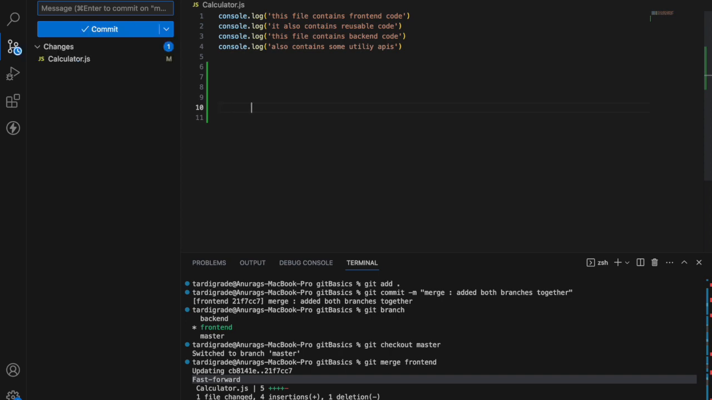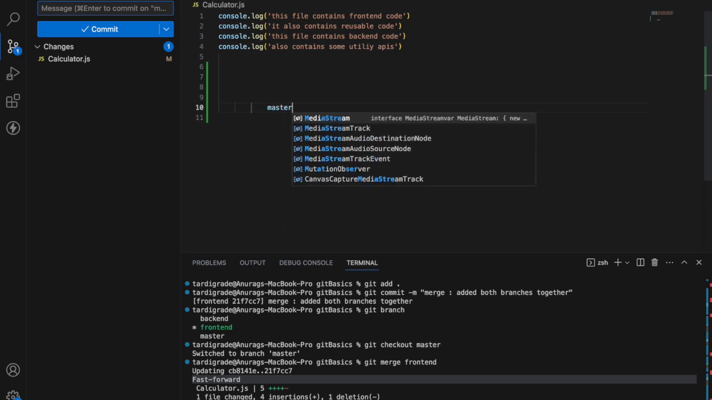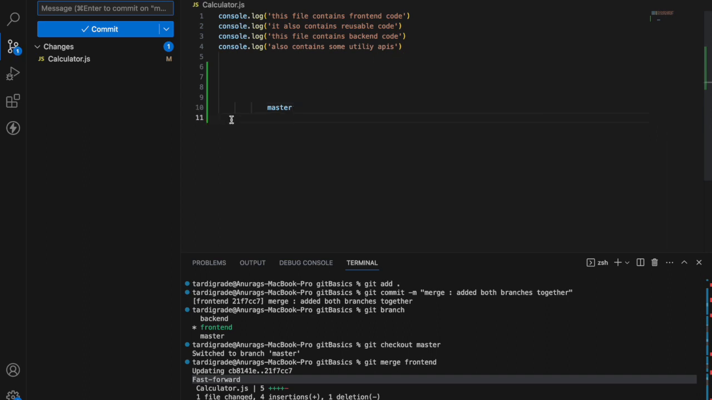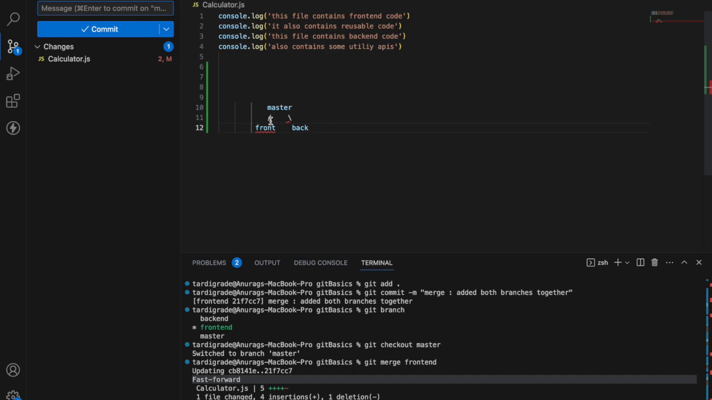Okay, so let's say our code had this master branch. Okay, and master had two sub branches, right? That were respectively what? Front end and back end. Okay, and